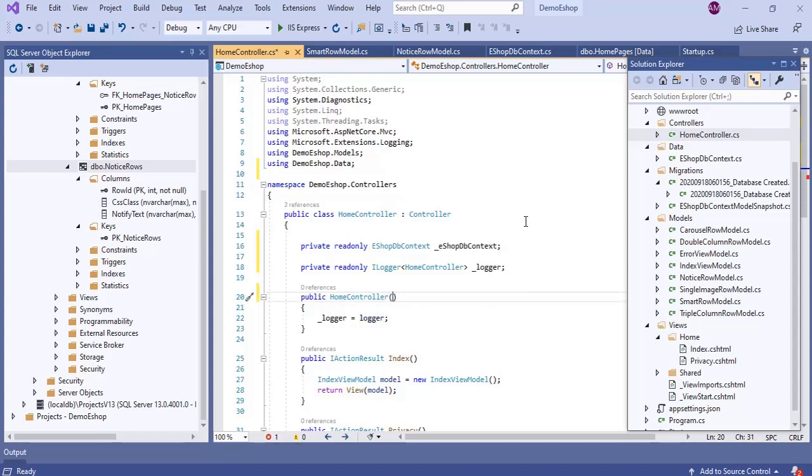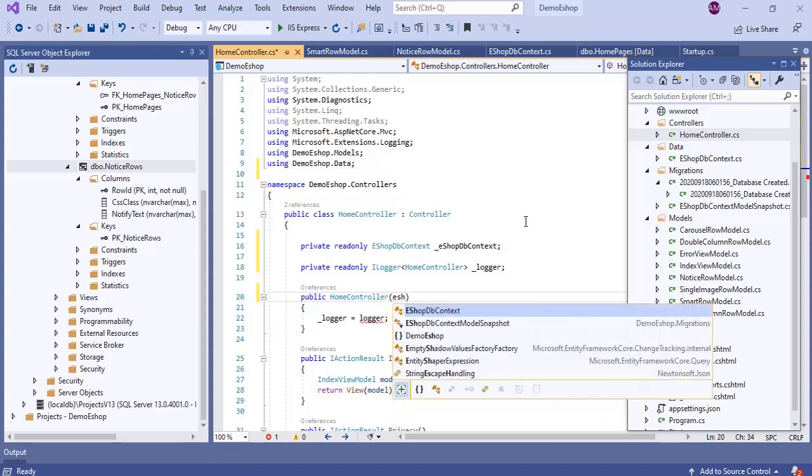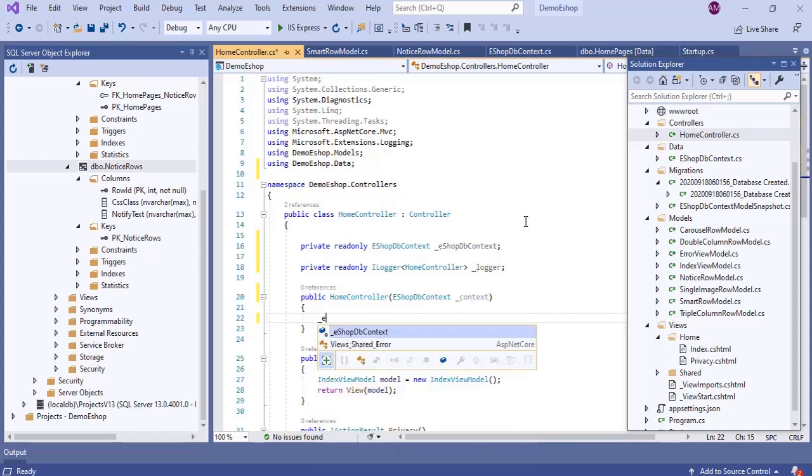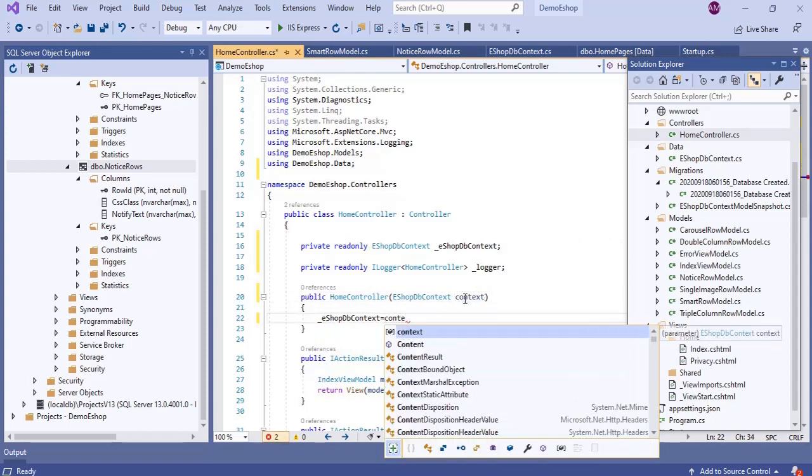Instead, we'll ask for the eShop DB context. Then here, eShop DB context is equal to context.